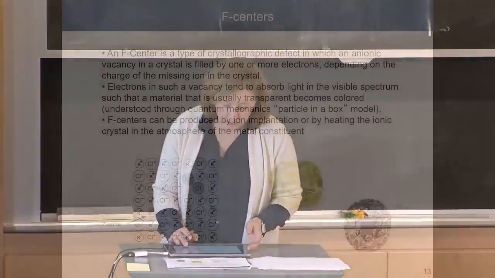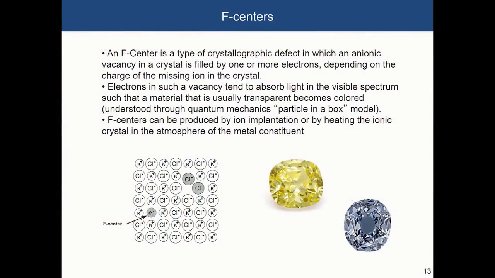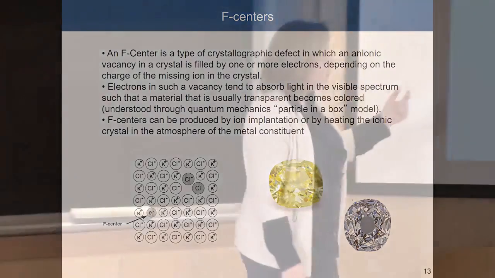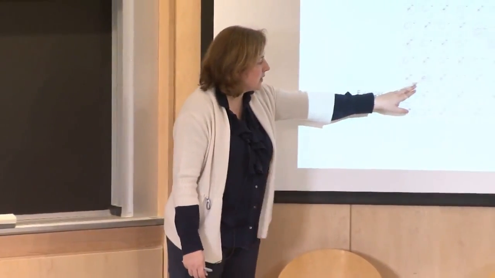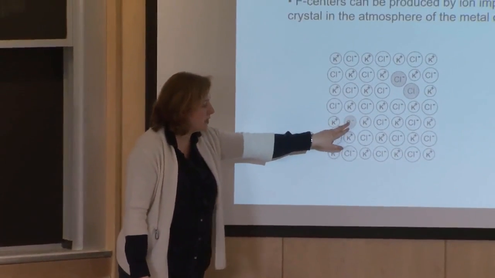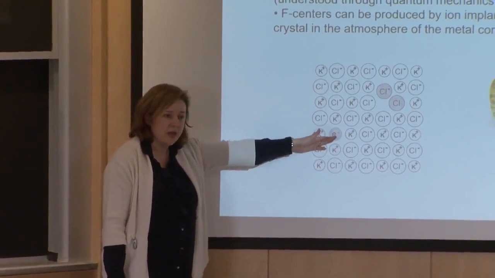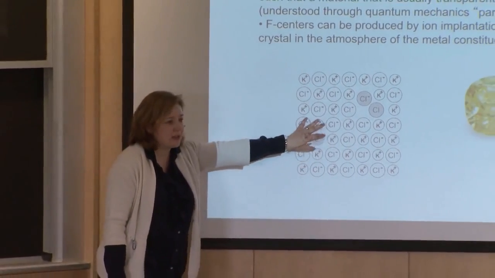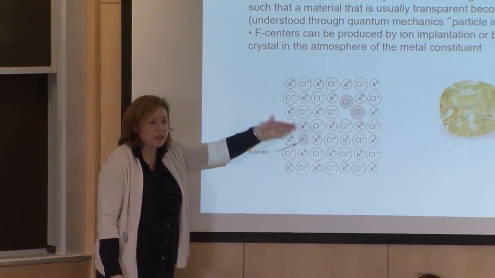There is another type of defects and another interesting type of defects that are present in ionic crystals, and it's called F-centers, and they're very interesting because they give different colors to ionic crystals. Very famous are the nitrogen centers in diamond. These are point defects, so this particular vacancy here is filled by an electron, and because of very localized electronic states that are formed here, this will change the color